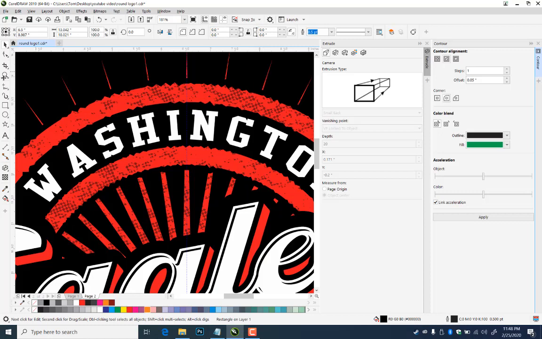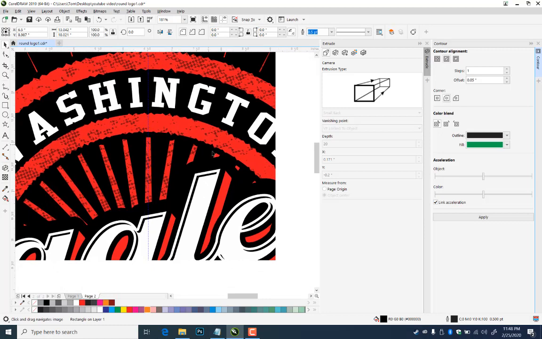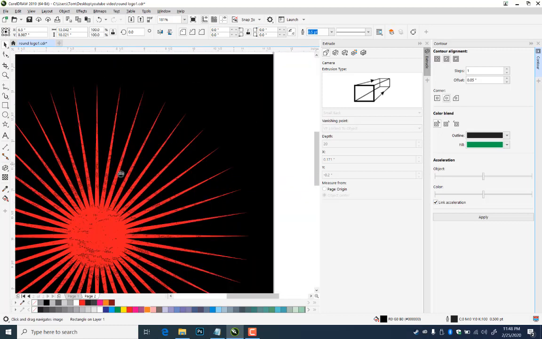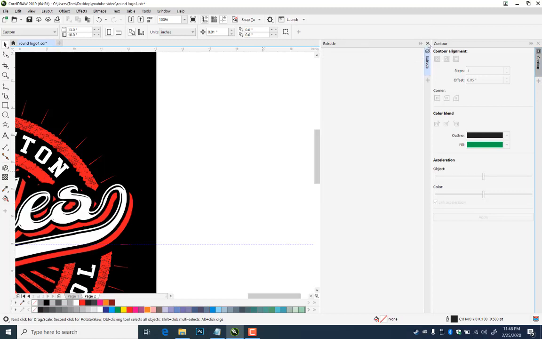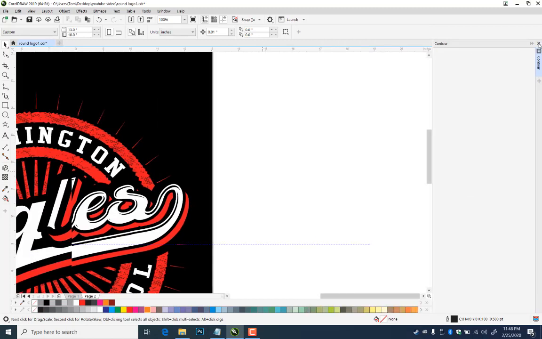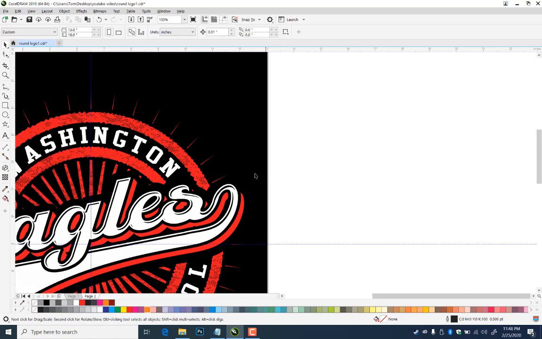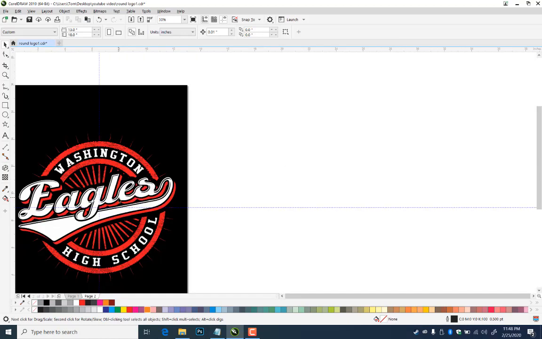Okay, let me zoom out here. There we go. And let's close this, close this. Obviously that's kind of memory heavy, so you have to beware if your computer's a little bit on the lighter